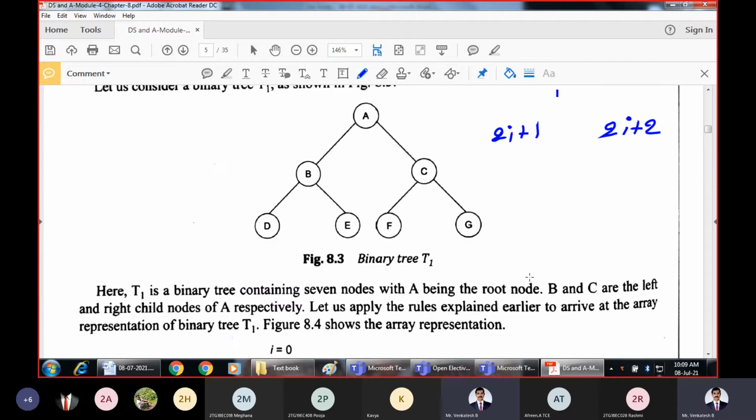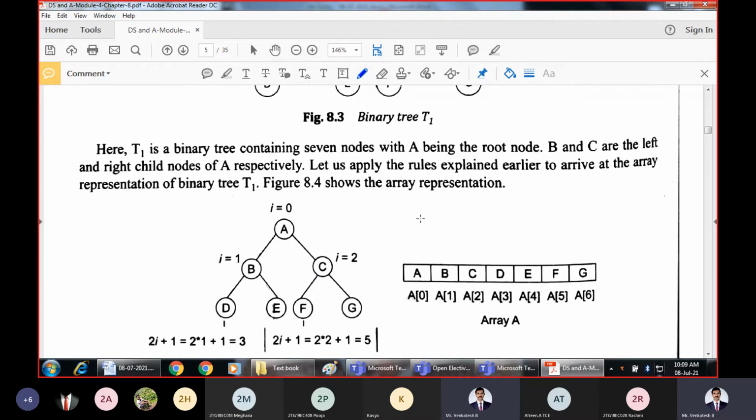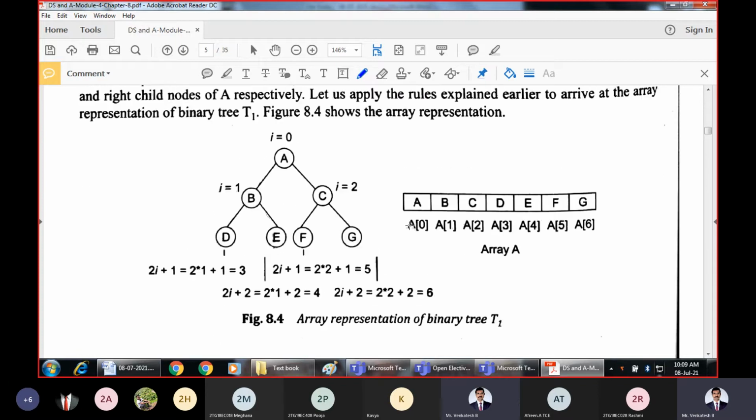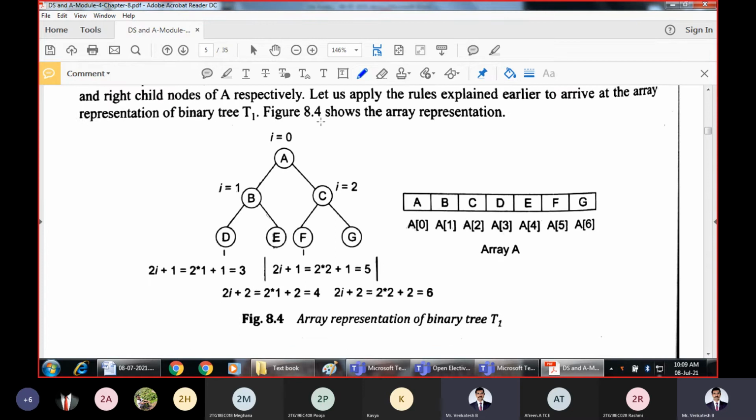So for example, this is the given tree. A, B, C, D, E, F, G are the nodes present in this tree, and it has two levels. Now we have to represent this tree by using array representation. This is the same tree, now labeled with the index values which will be used for array representation.